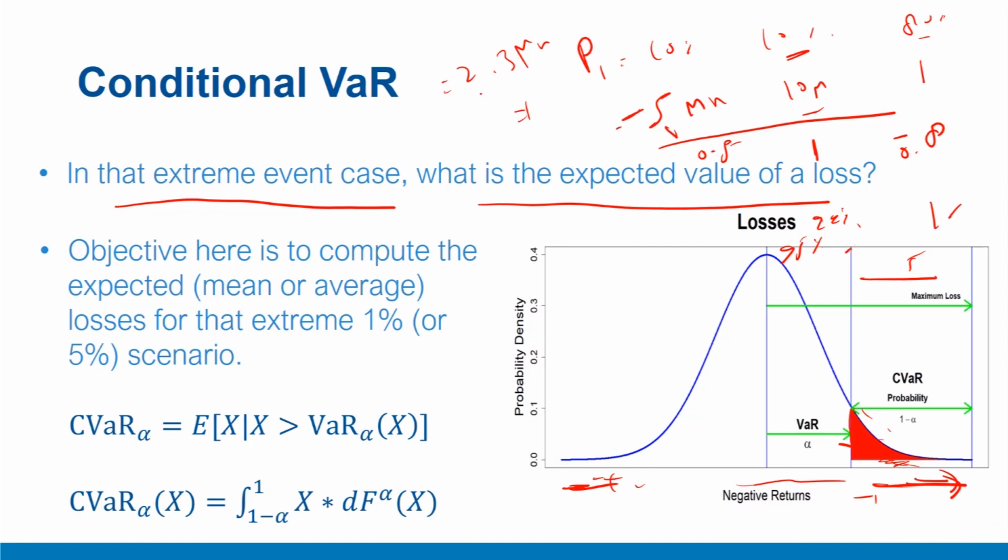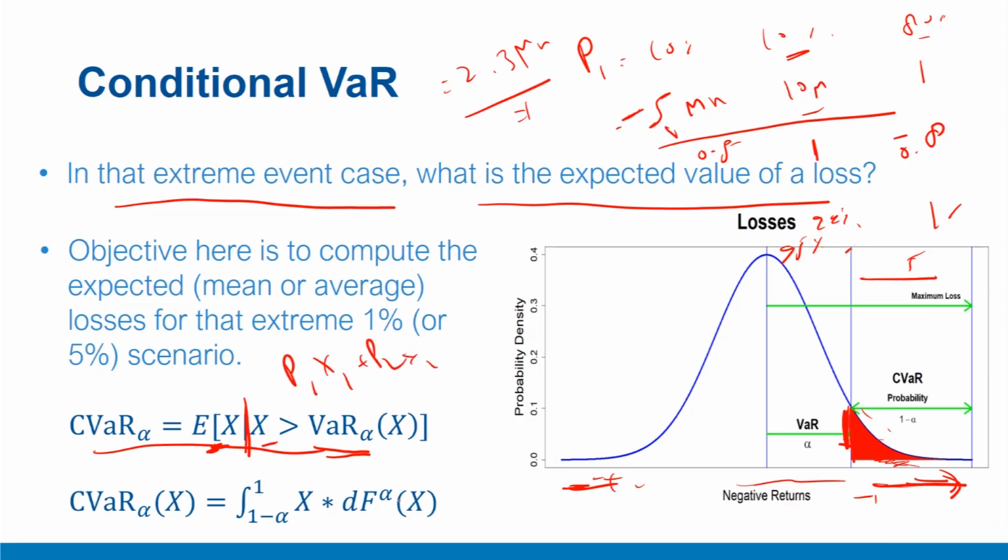So these are my 2.3 million losses, given that the losses exceed this level. This is why it is conditional VaR, because the condition is that this VaR level is breached. Conditional on that, what is my expectation of losses? Now this was a rather simple case for discrete events, and therefore it can be represented very simply like this: conditional, this is the conditional operator, on X being greater than VaR, that means my VaR level is breached, that is my given condition. What is the expected value of X, which we simply computed as p1 x1 plus p2 x2 and so on.